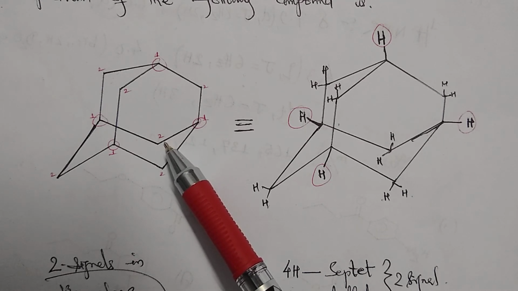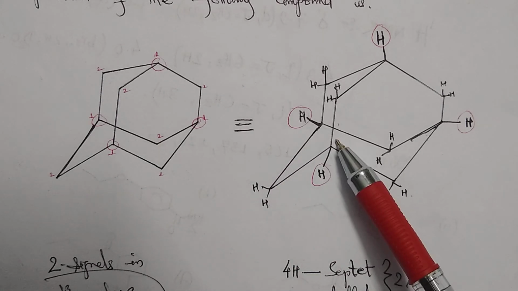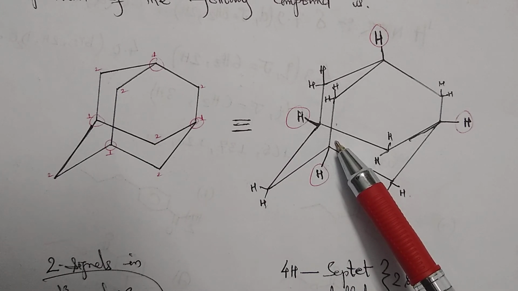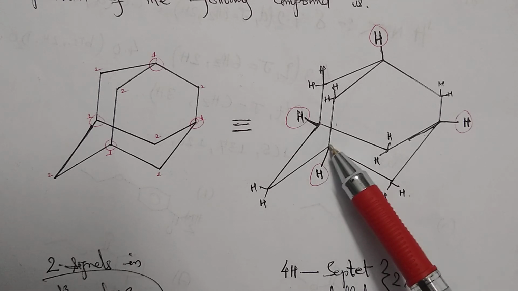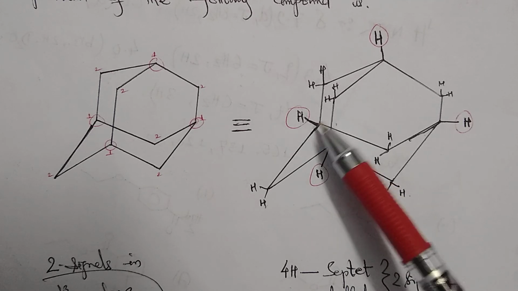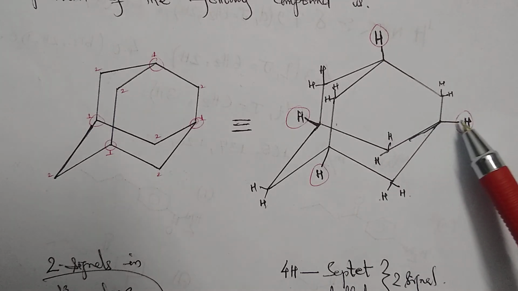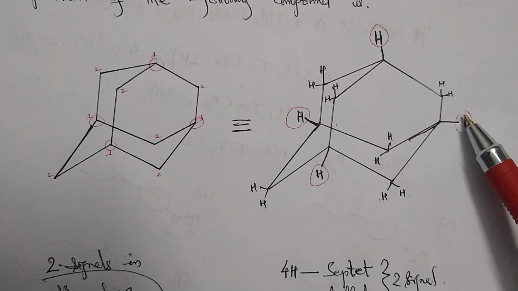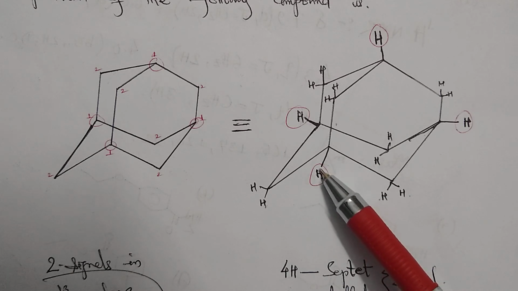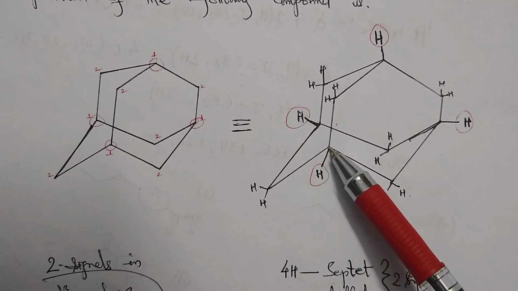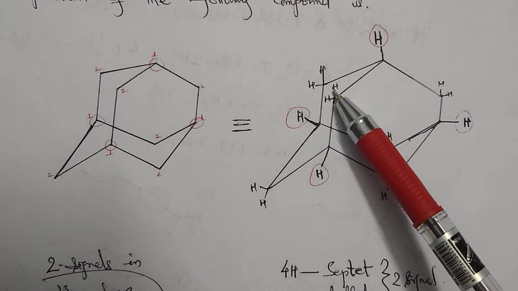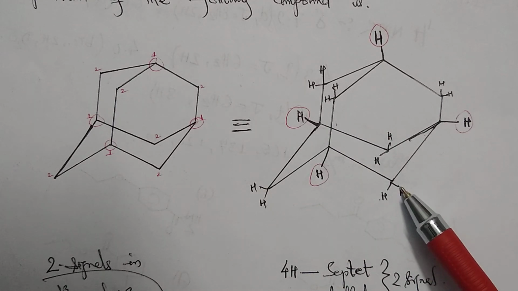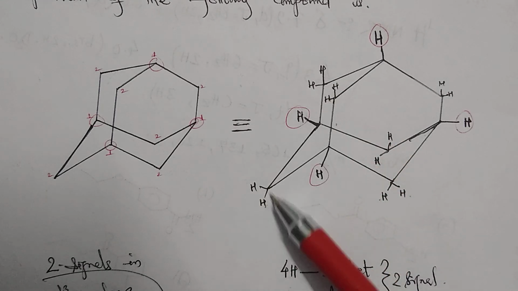Now for this molecule, before going to the 13C proton decoupled NMR, we will first look at the proton NMR signals. Here it is a bridgehead center, here also it is a bridgehead center, here also it is a bridgehead center. So we will have 1, 2, 3, 4 hydrogens at the bridgehead centers. If we consider one single hydrogen over here, it interacts with 2 hydrogens this side, 2 hydrogens this side, and 2 hydrogens this side. So we'll get 1, 2, 3, 4, 5, 6 hydrogens.